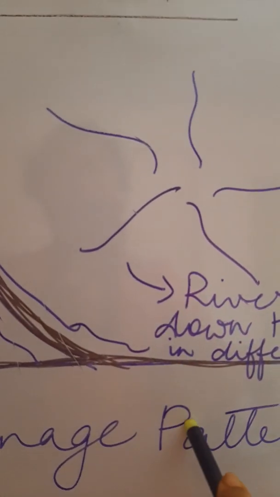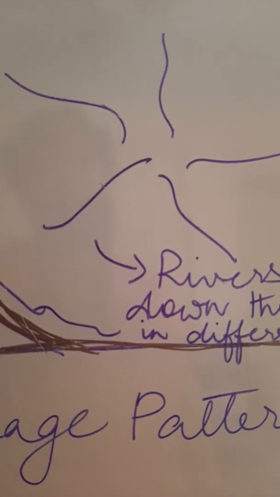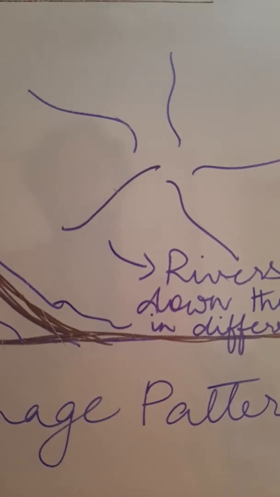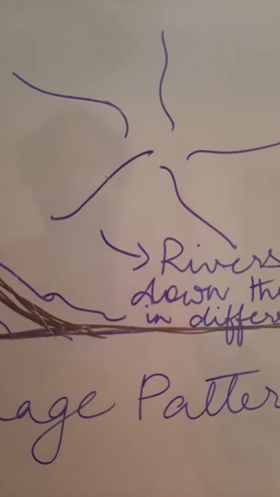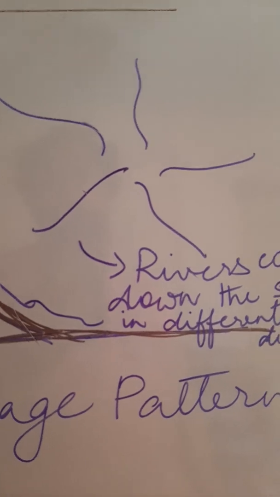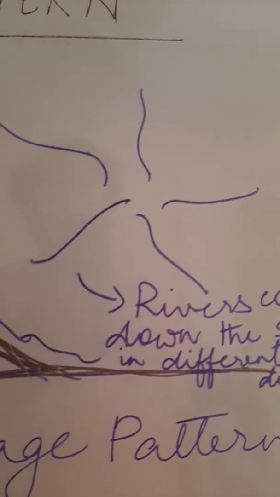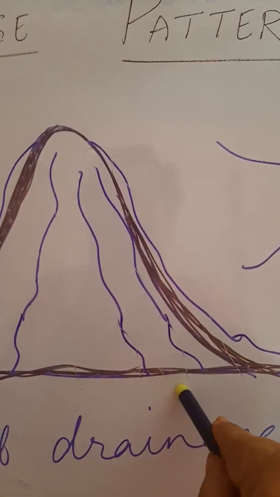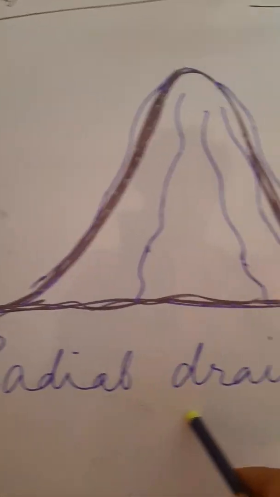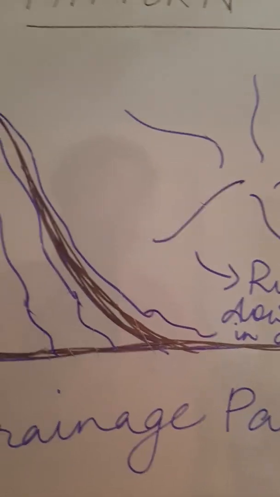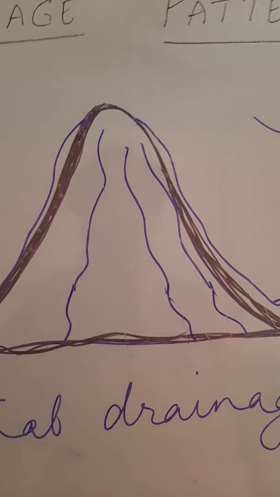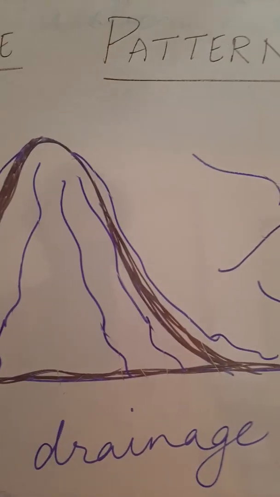So this is a typical example, when the rivers come down a single hill. From a single hill in different directions, the rivers are coming down. The pattern formed is in this way and the structure is in this way. So it is known as radial drainage pattern. Here also the rivers are flowing along the slope of the land, but the direction is different.